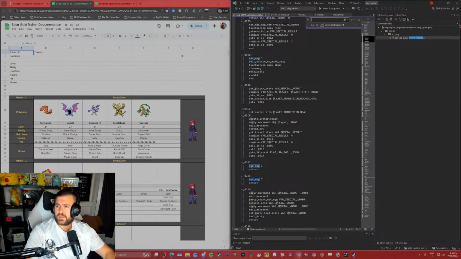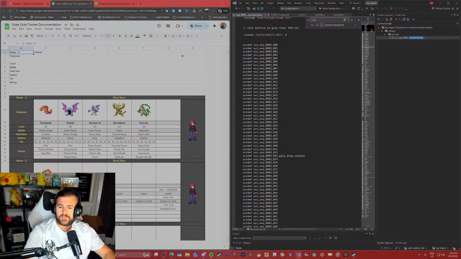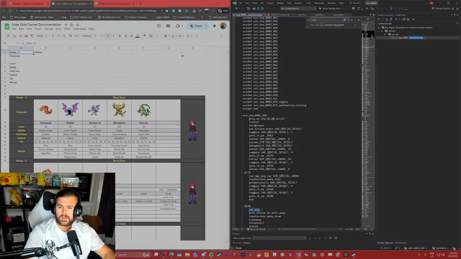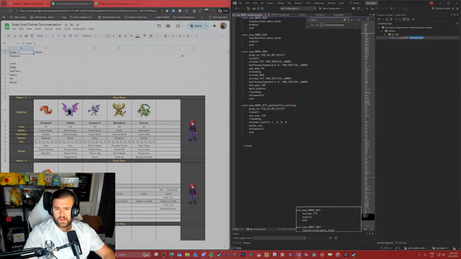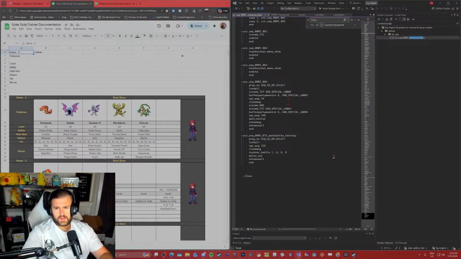I don't remember what this thing's under them. Repels, auto battle system. I'll just use an official one, I guess.